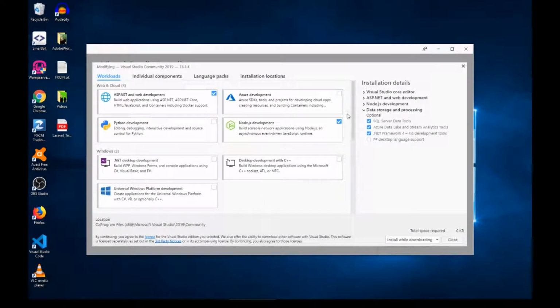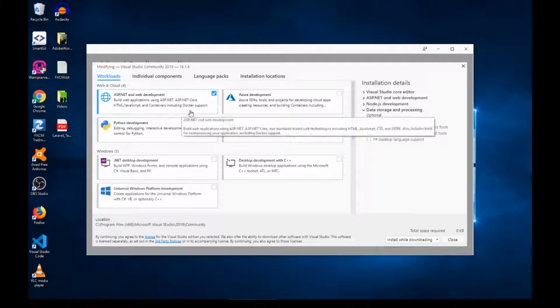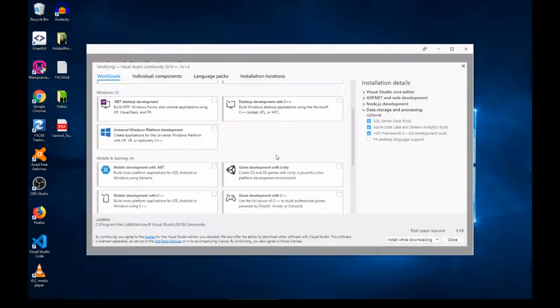Okay, here we can see what workloads we have selected. First is the ASP.NET and web development. You can have more workloads selected as per your needs, but for minimum you need to have these checked to work with the tutorials that I am putting on YouTube. Okay, so these two workloads, and then